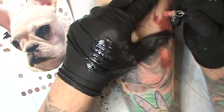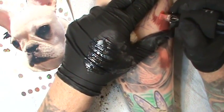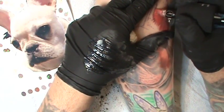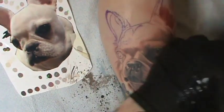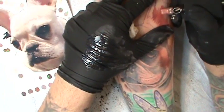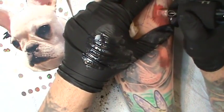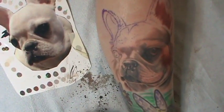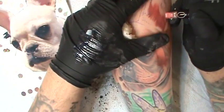So what you're seeing here is I'm up in the ear doing the more reddish tones. This is that reddish brown, and then I'm also using papaya and seashell, and then cutting with white. I'm not cutting with the ochre or the bone in this instance because they're going to kind of muddy the color up in a way I don't want. So I'm trying to keep everything kind of cool, kind of warm and pink, and white definitely helps lighten pink